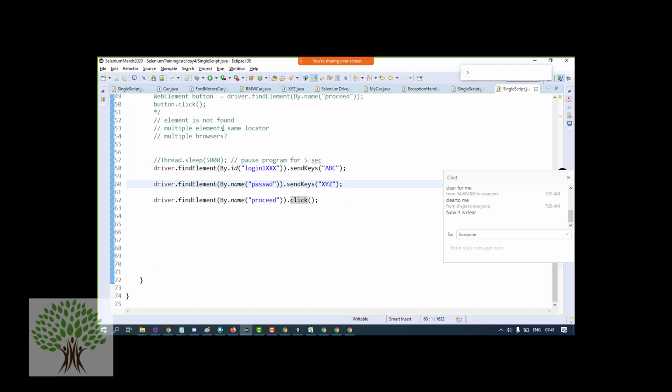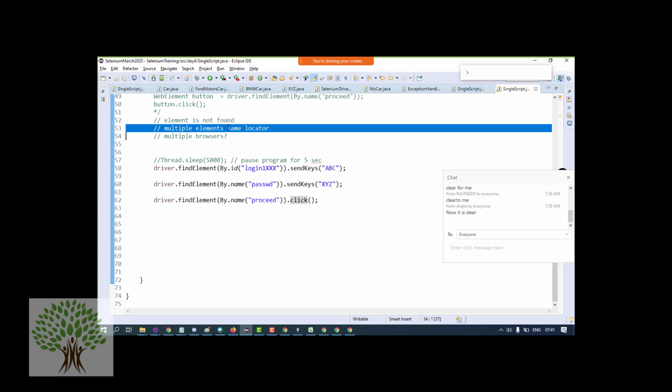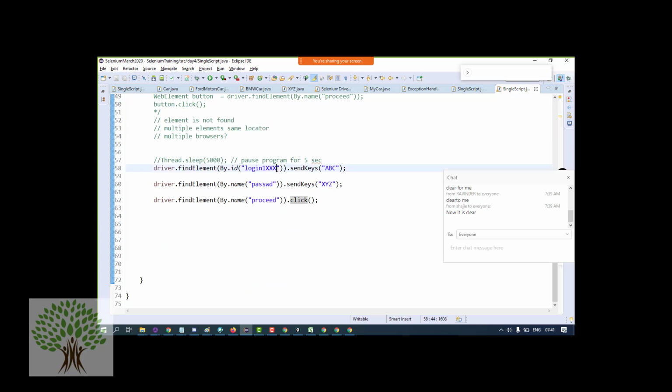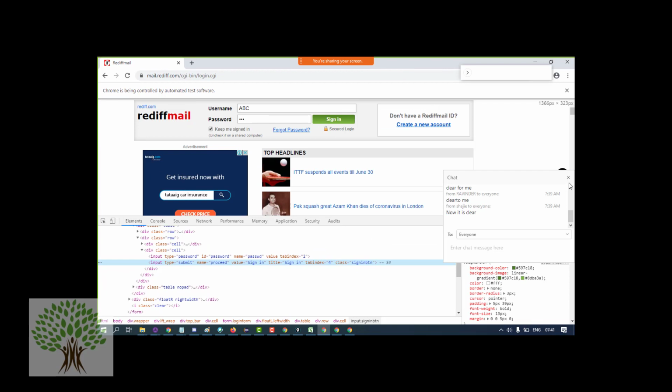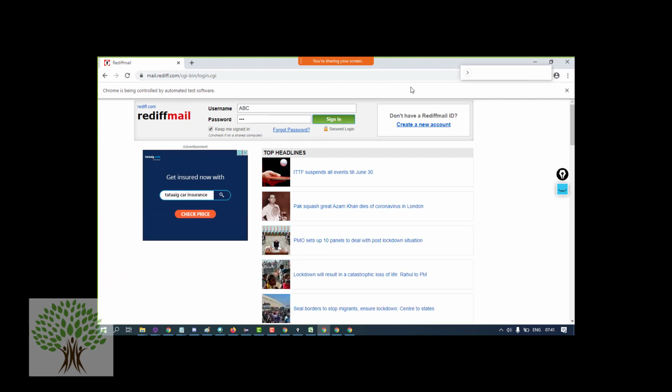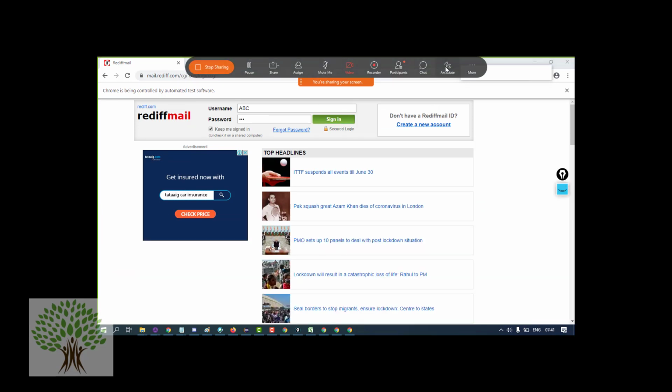Alright, now the next question: what if same elements have the same locator? If two elements on the web page have the same ID. First of all, this should not be happening. IDs are supposed to be unique. If two elements have the same ID, then you should tell your developer as well that something wrong is going on. Okay, but still, if two elements have the same ID, then you know, Selenium, what it does is that